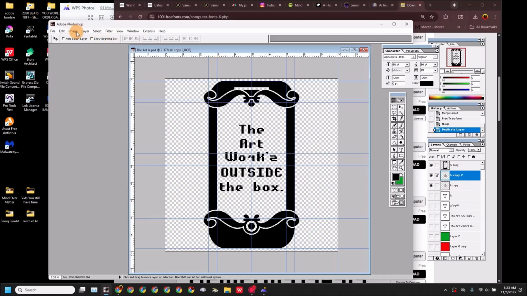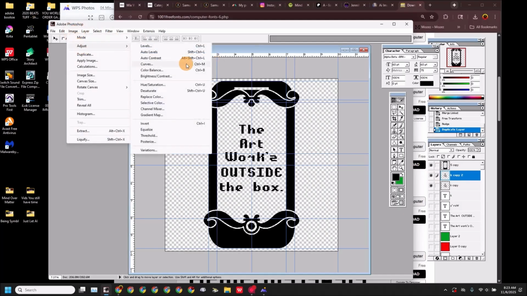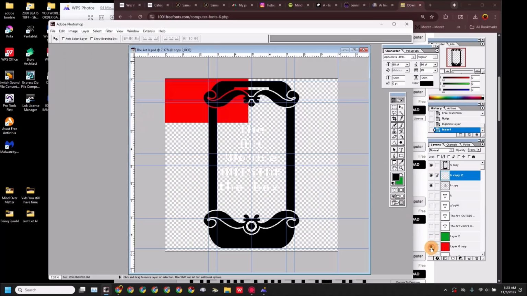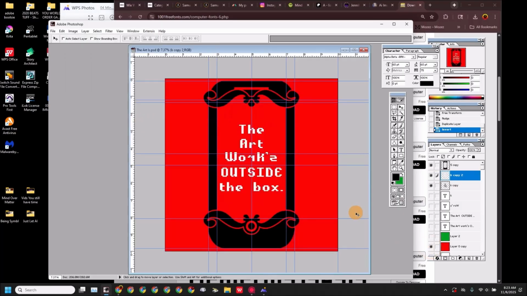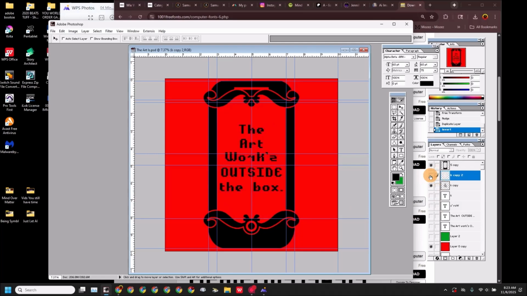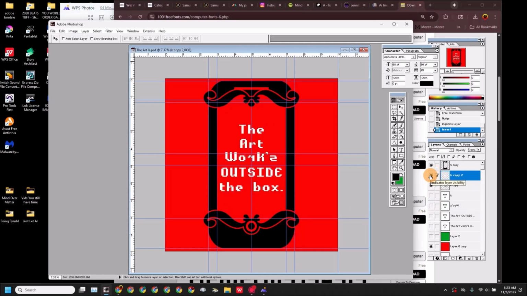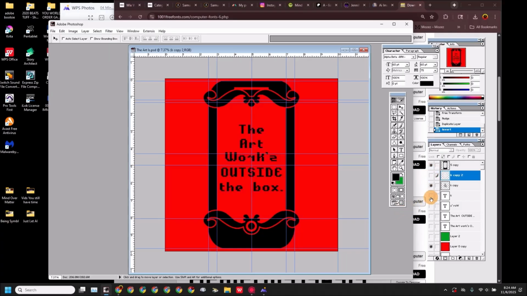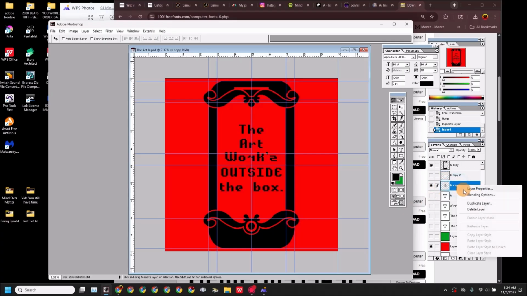And then take the top one, and then its image, and adjust, and then invert. Invert flips the color from black to white. So when you look at it on a red shirt, that's what you see. As opposed to all black. Which is just a little bit of a variation, which, you know, people dig that. You could also take that layer and